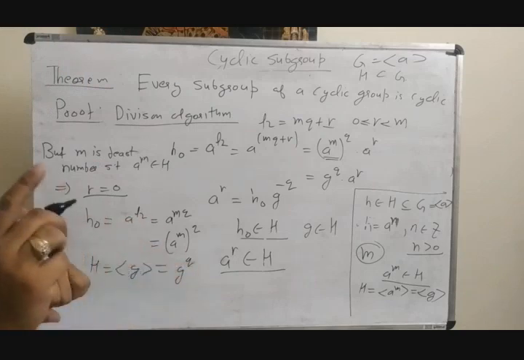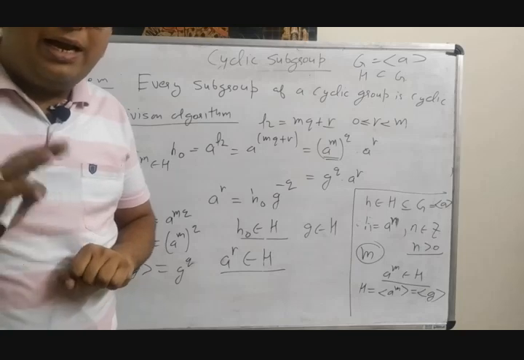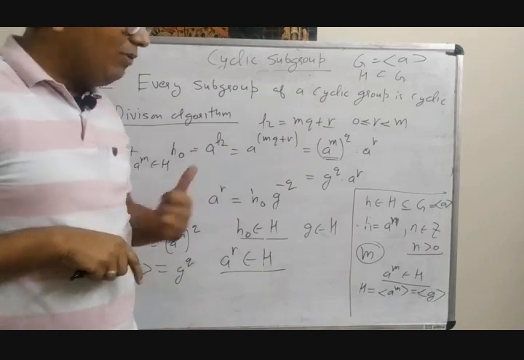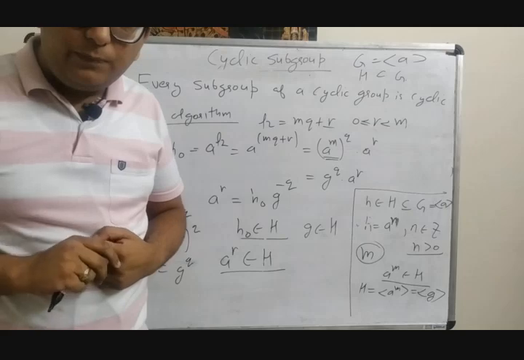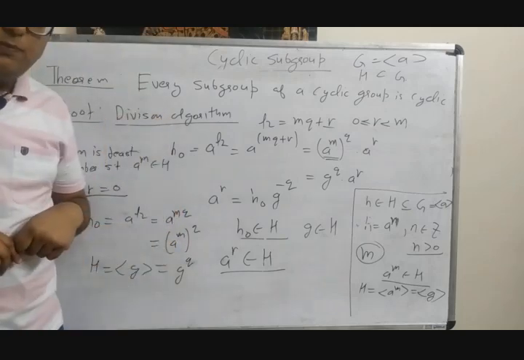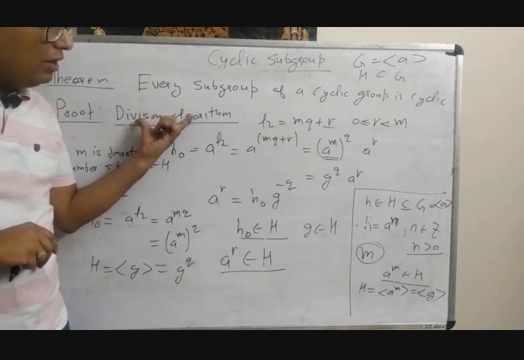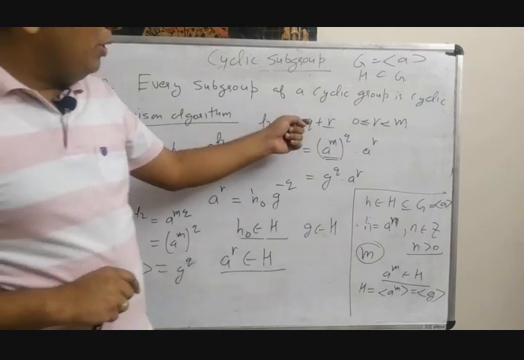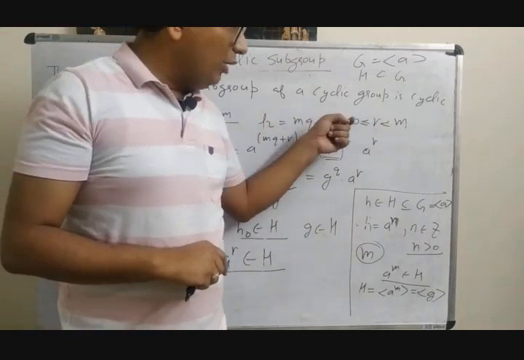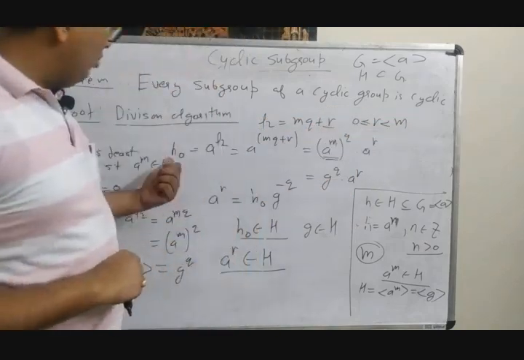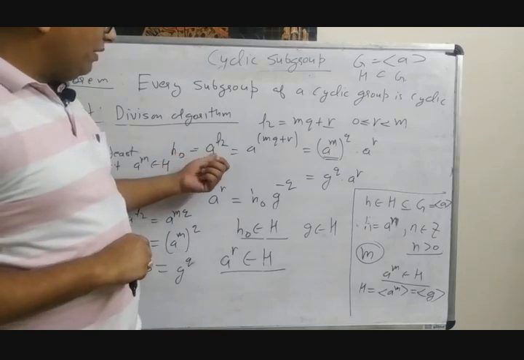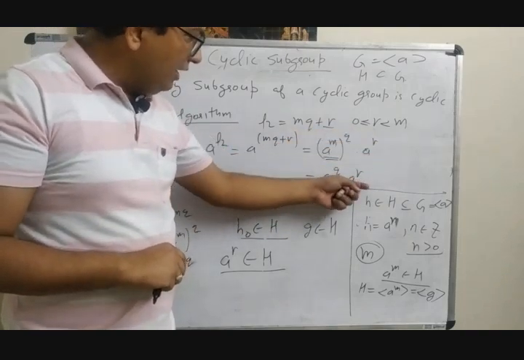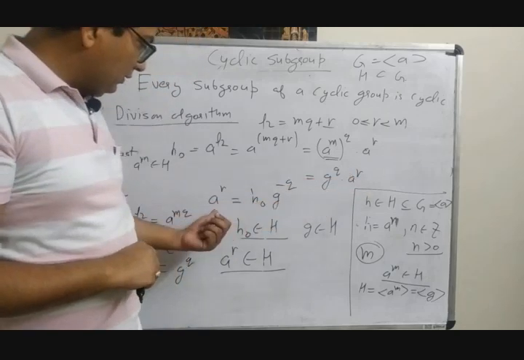So then what have we done? We take an element H naught. Again, H naught is also an element of G. It can be written as A raised to power K, where K is an integer. Then we apply the division algorithm. Now by using the division algorithm, if we divide K by M, because M is the least positive integer, then K must be equal to MQ plus R, and here R must be greater than or equal to 0 and less than M. So what does it imply? H naught equal to A raised to power K should be equal to A raised to power MQ plus R. So this is a simple computation, and from here we find the value of A raised to power R.